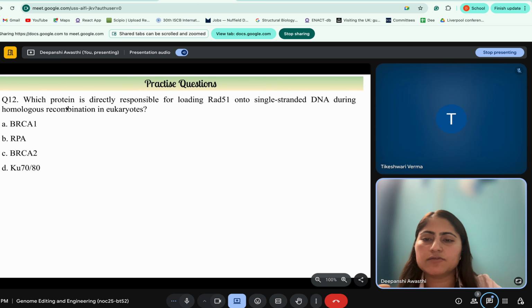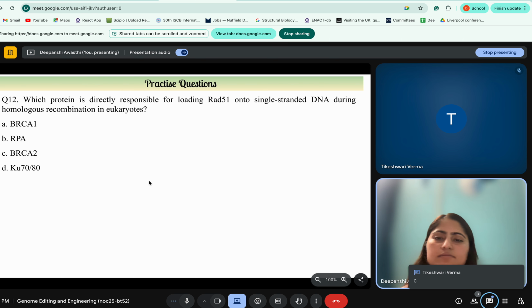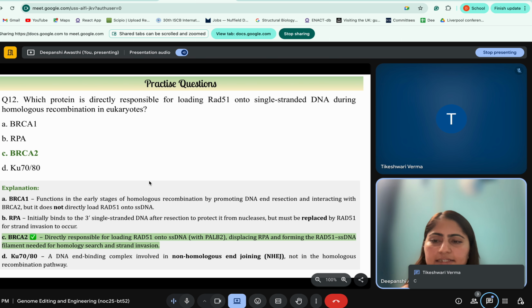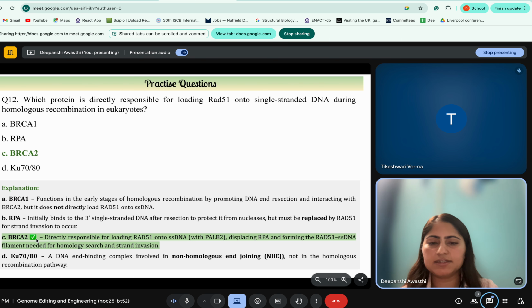Next question is, which protein is directly responsible for loading RAD51 onto the single stranded DNA during homologous recombination in eukaryotes? Option A, BRCA1, option B, RPA, option C, BRCA2, and option D is Ku70/80. Yeah, so you are right, because we have seen that BRCA2 and PALB2, both of them bring the RAD51 and help it to replace